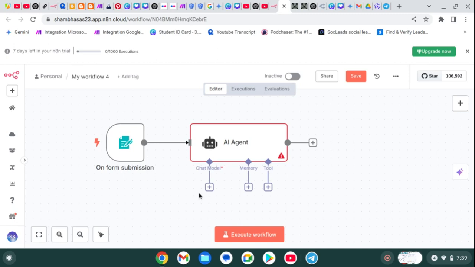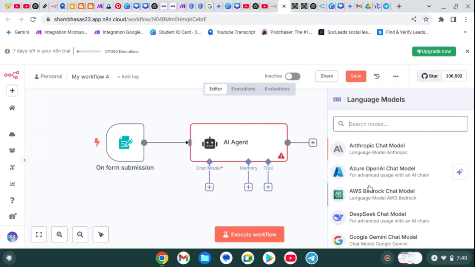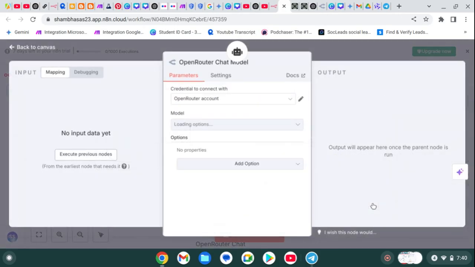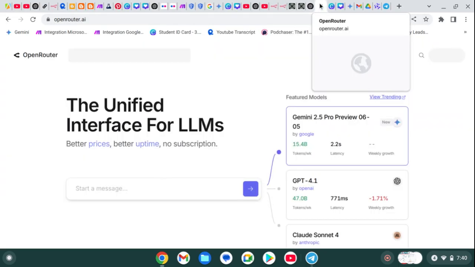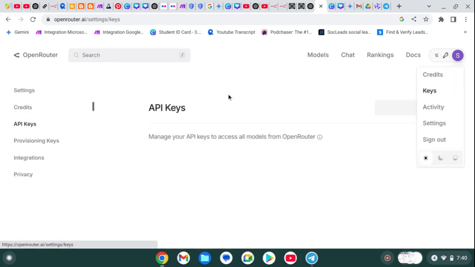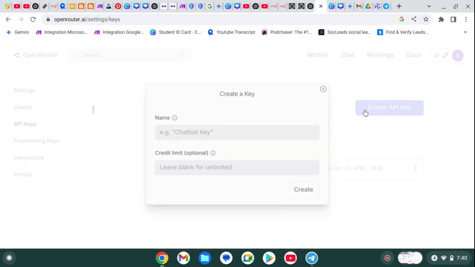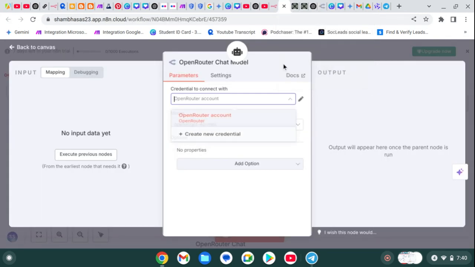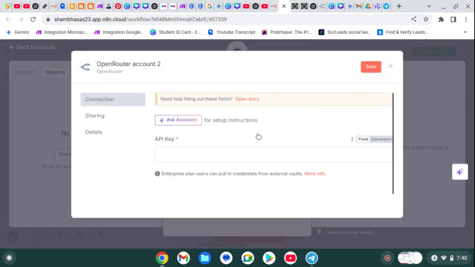To use Perplexity in n8n, we simply need to add a chat model, then we need to add OpenRouter, and we simply need to create our credential. So we simply need to visit this website, OpenRouter, and create an account. Then we need to visit the key option and create a key, and just copy it, go back to n8n, create a credential and simply paste it,